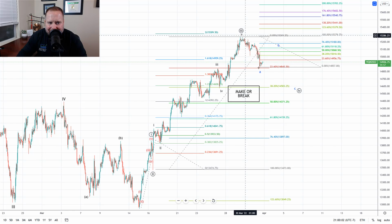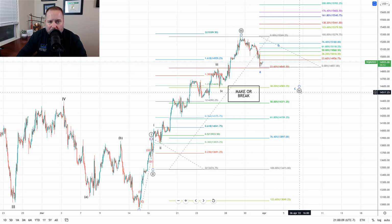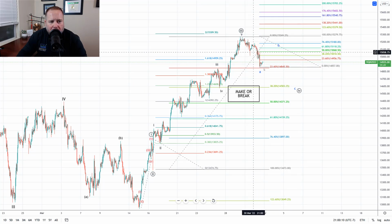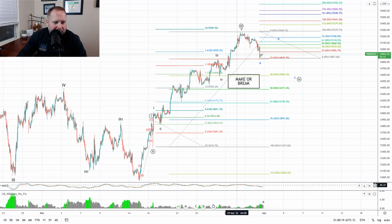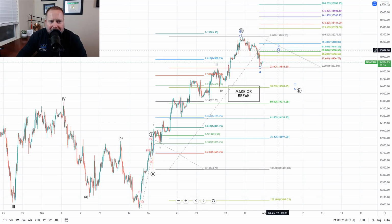The other reason is the pullback hit the 236 almost to the penny, which is a perfect A wave for this wave 4. So we have our A wave down, then our B wave up is what we're looking for next. We got bottoming signals on the NASDAQ as well. As you can see here, I pull this up, you can see the green bars down here toward the bottom. We got that on the 4-hour chart as well. So we're expecting a bounce here, and then the question is, can the bears keep the bounce contained or will